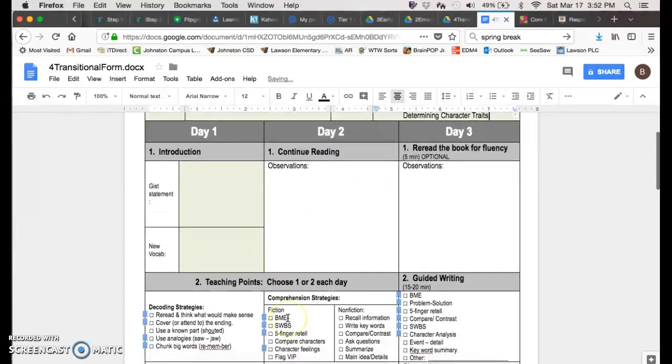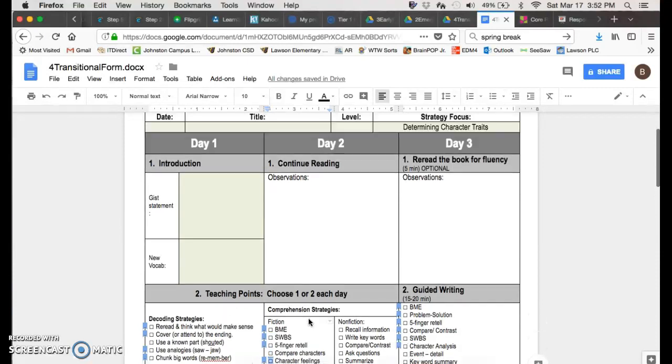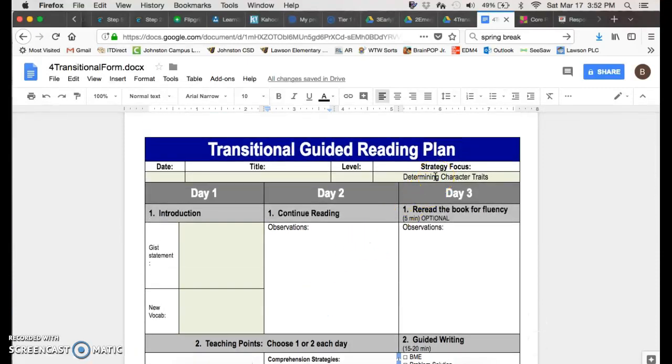I'm going to look ahead and notice that the character feelings activities are really going to be the best fit for this group. So I'm going to make sure that I'm choosing a fictional story at this group's reading level, that I will plan ahead to utilize character feelings activities during my teaching points section so that I can hit the strategy focus. Once I have that down, I know that I'm meeting that Tier 1 reading intervention need for